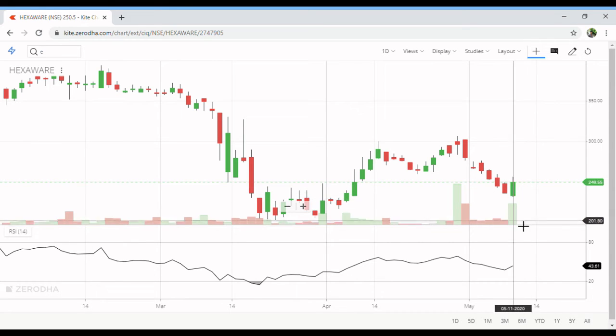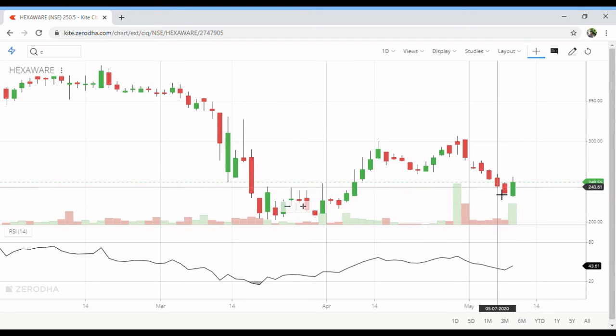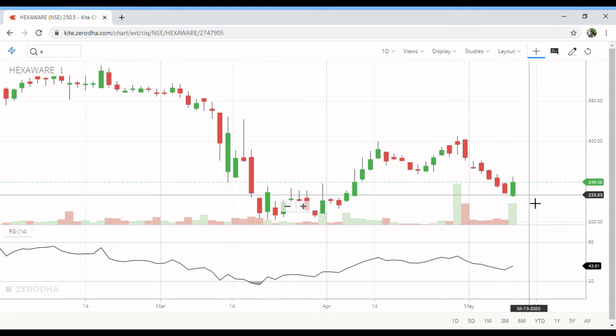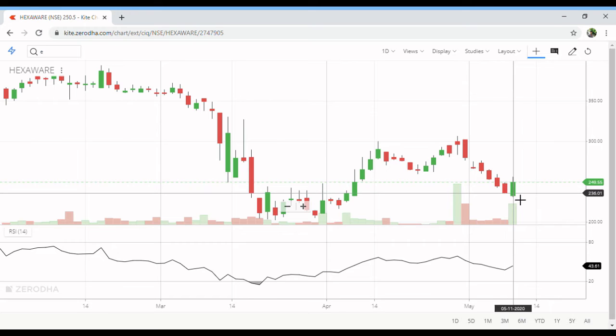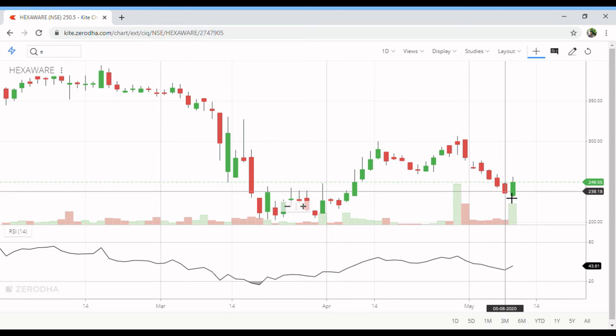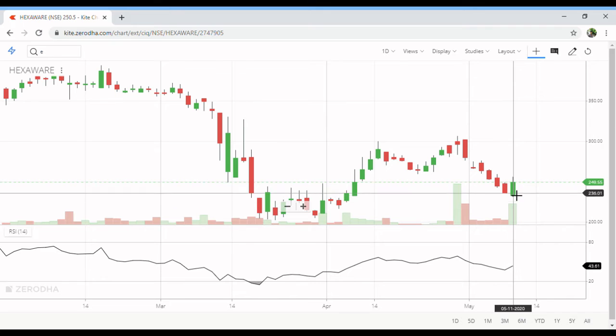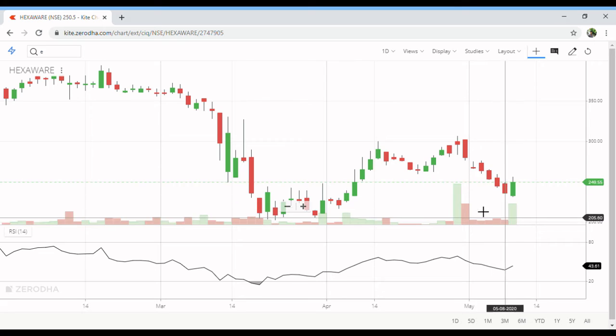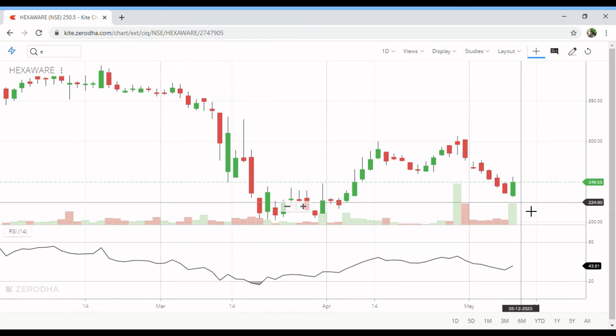You should make sure that the bullish engulfing happens with very good volume. Here you can see a huge amount of volume, which is also a positive signal. So till now, what you have to validate is that the prior trend is a downtrend, the candle before the engulfing candle is a red candle, and there is a very good, huge volume. All three things are satisfied here for this bullish engulfing chart.